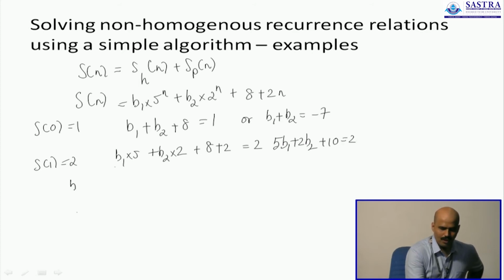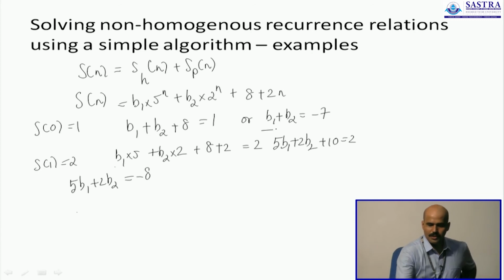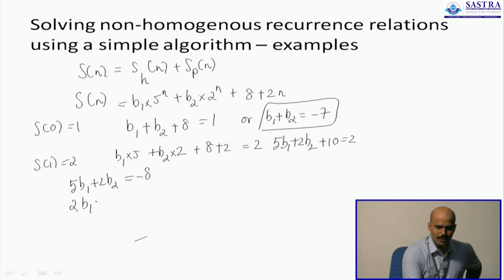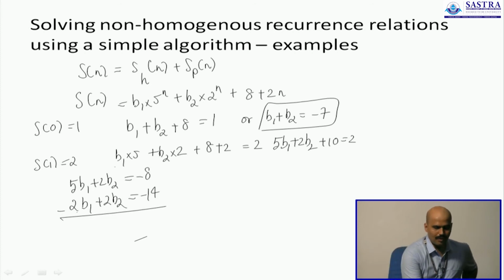So one equation is 5 B1 plus 2 B2 giving us minus 8, and the other is B1 plus B2 giving us minus 7. You can multiply that by 2: 2 B1 plus 2 B2 is minus 14. Now you can subtract and solve for B1. If you subtract, you will lose B2. 3 B1 will give us 6, B1 will give us 2, and if B1 is 2, B2 has to be